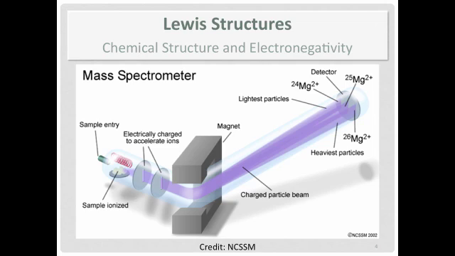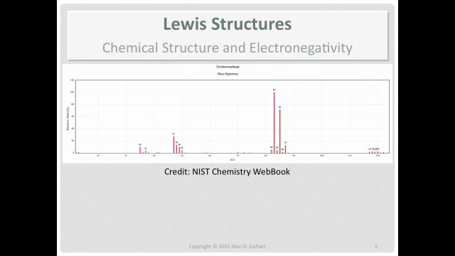So if you look in the upper right of that diagram, you get multiple beams coming out because of the different masses. Now this is using magnesium as an example, but it can be for anything that you can turn into a gas and ionize. So we can get an idea of the different particles based on our knowledge of isotopes and where the beams hit. Here's a sample mass spectrum of CHCl3, trichloromethane.